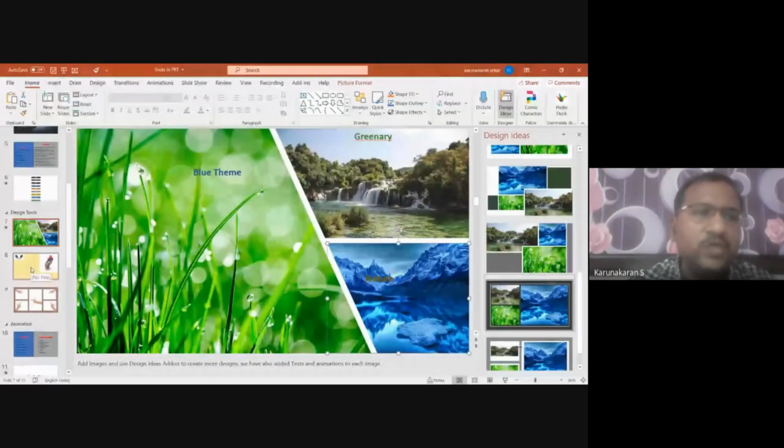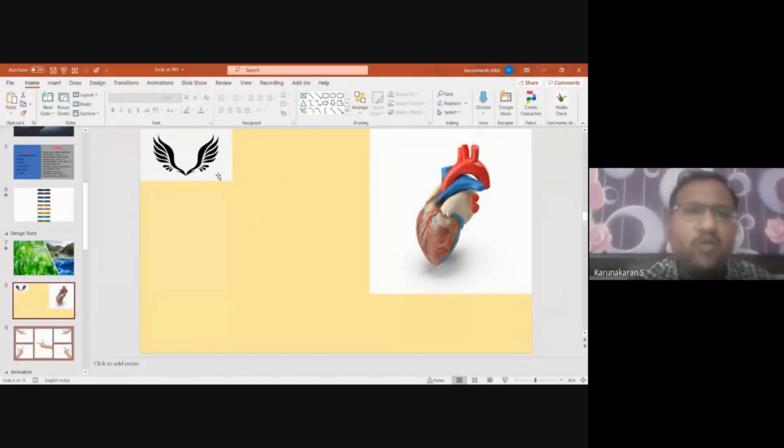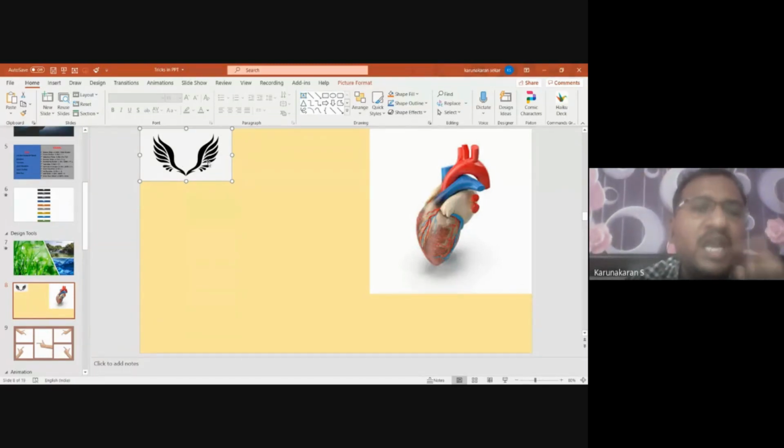And the next one is about the drawing tools. In design tools, we need to design many characters, right? So let me show you how to make an image transparent, that is, remove the background image. I have taken this image. To remove a background image, if it is of a solid background color, it becomes very easy for us to remove it. Otherwise it becomes difficult. I'll show you with two examples.